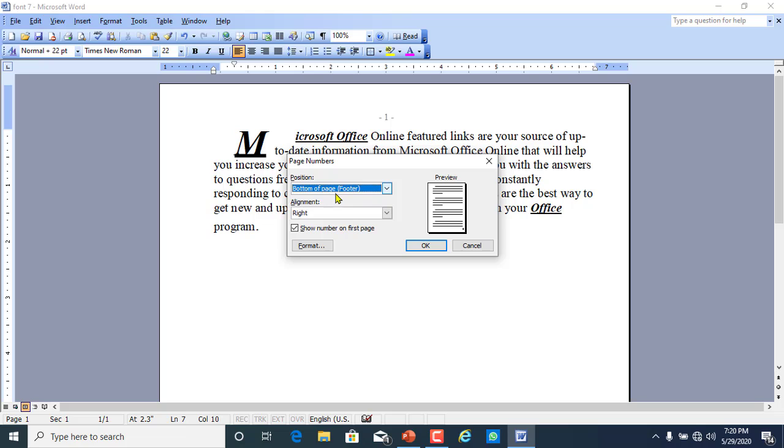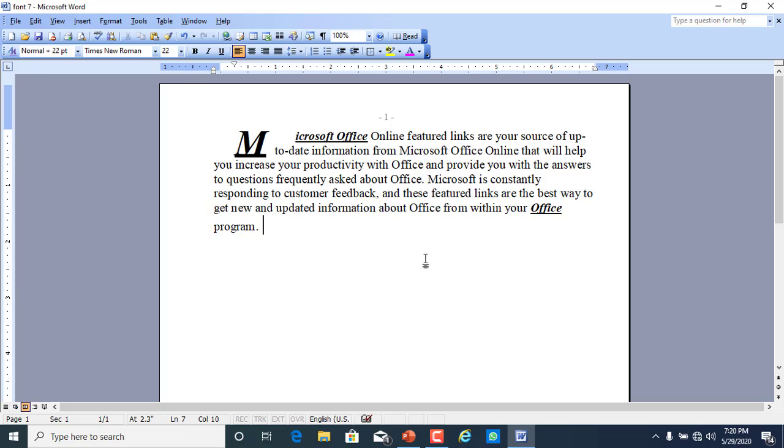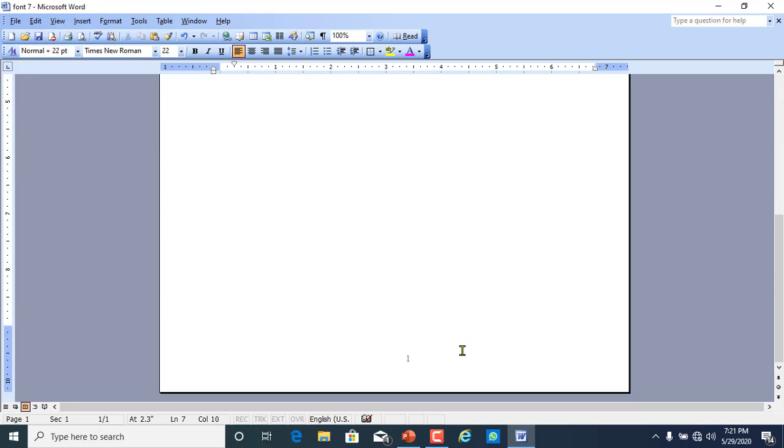There is a position field, the position of the page numbers. Either you want to display your page number at the bottom of the page or at the top of the page. Just select any of the options. Then you can make your page number right aligned, left aligned, or in the center. I choose the center option here, and now click on OK. Now the page number is inserted at the footer and in the center of the page.